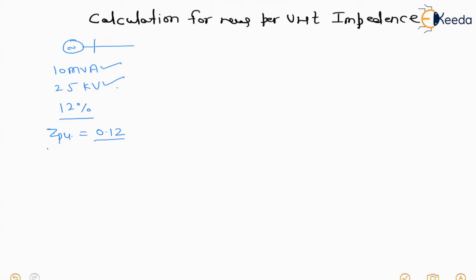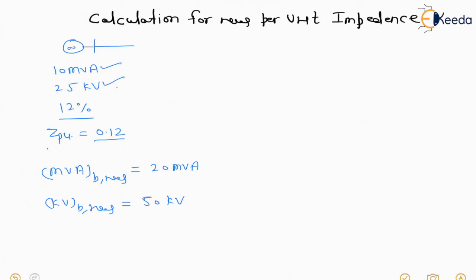So this 10 MVA and 25 kV will be old, and now we are going to calculate on MVAB new equal to 20 MVA and KVB new equal to 50 kV.